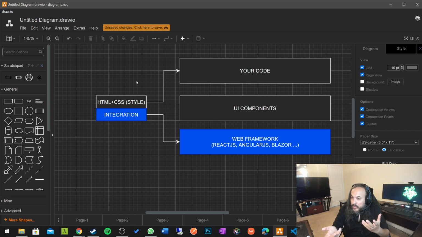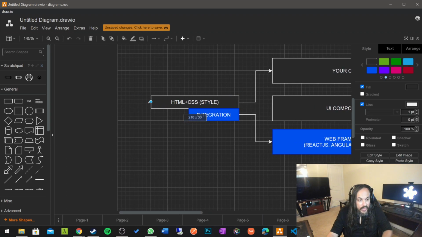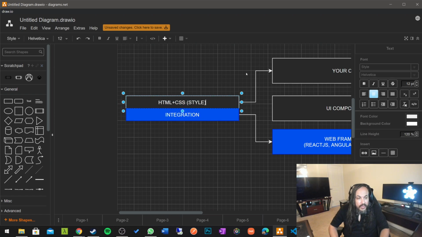What's an example of this? There are so many of those out there. Let me extend this a little bit so I can give you an example. So here's this guy, here's this guy. A style like this would be like Material Design. There is Fabric, there is Bootstrap, there are so many